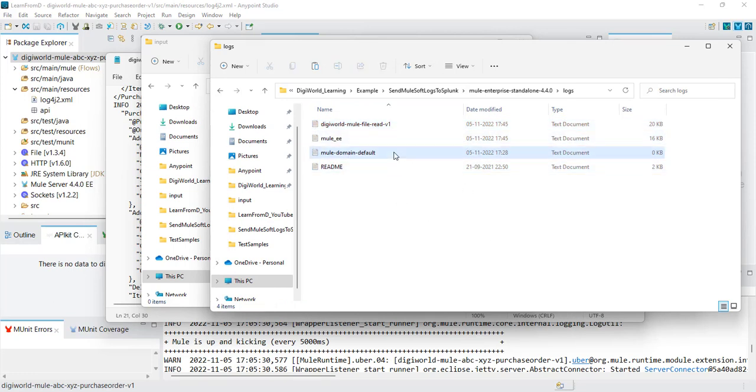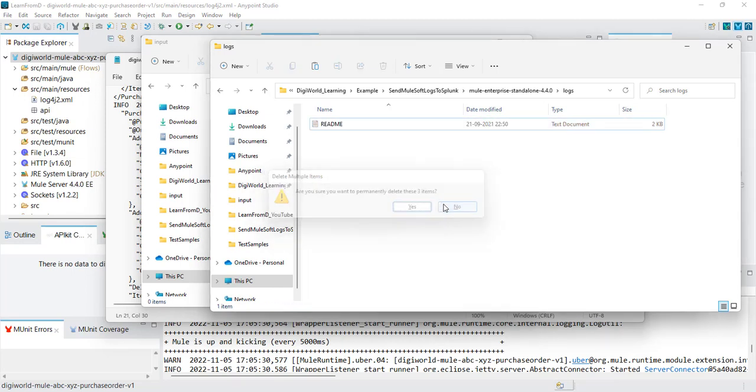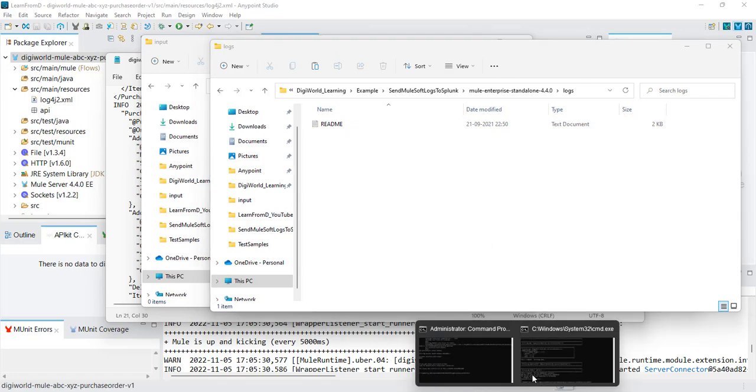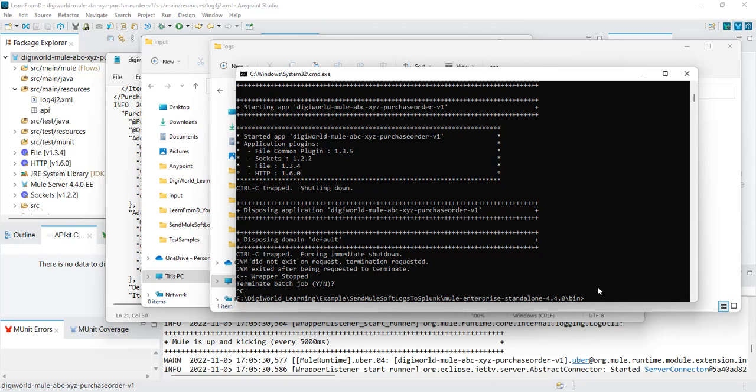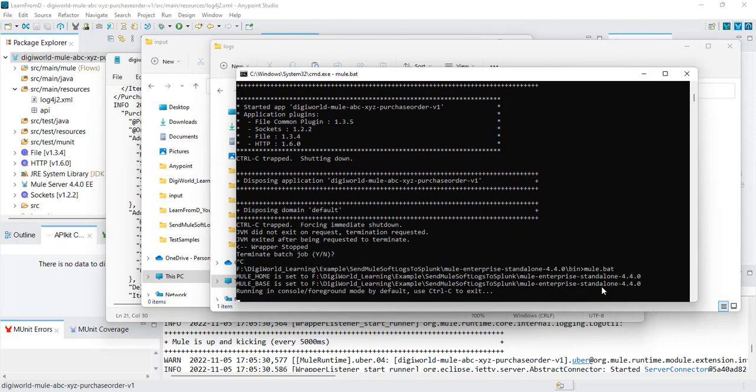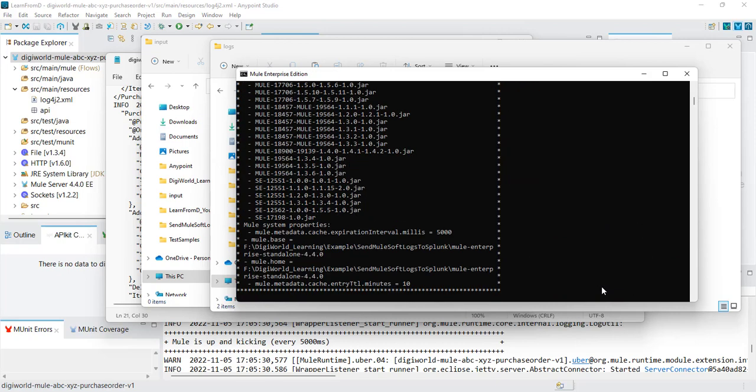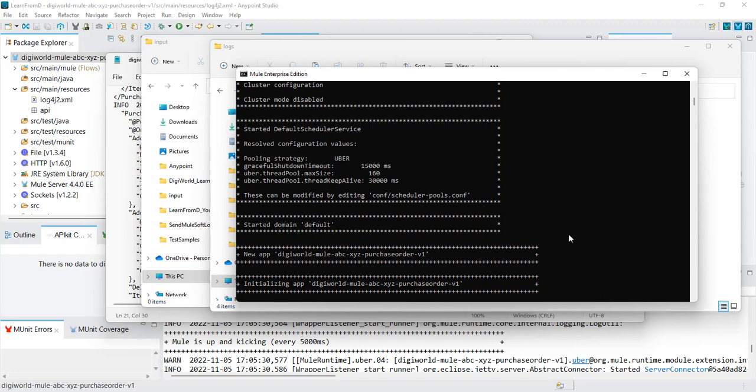These are the files that got created, so I'll just remove all of them. And now this time I will just start the server once again. So mule.bat, and let's check. So it has started